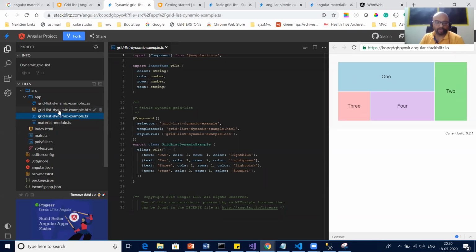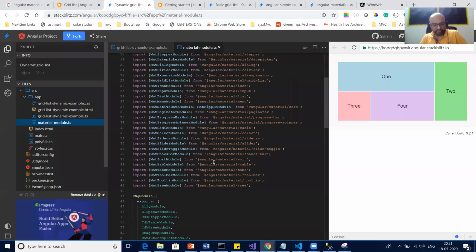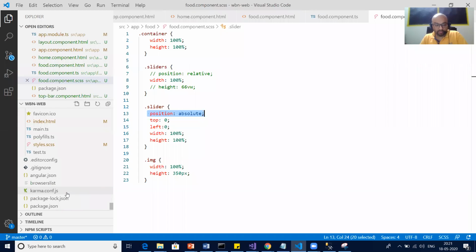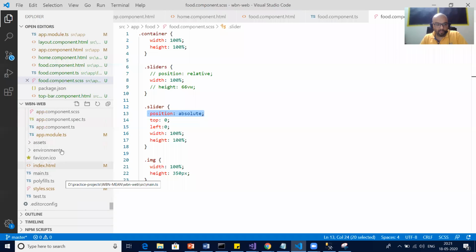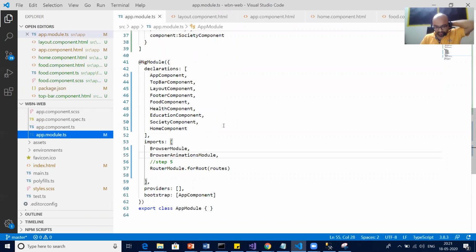So much before we actually start the grid, we should see what are the things that we need to add. We already added Angular material in our project. Good, we installed. After that, in the module, we need to mention basically. Let me just check with this command. Has it added to app.module or not? Yeah, only animation and all it has added.